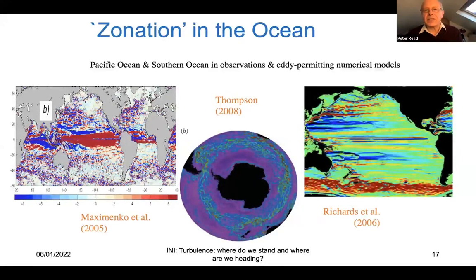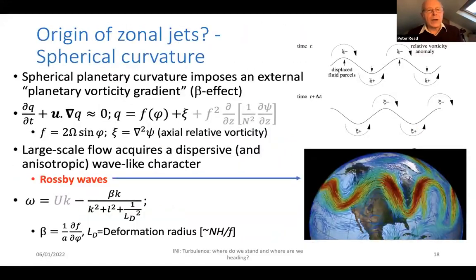And it's the origin of these zonal flows that I think is of considerable interest in terms of understanding sources of anisotropy. So where do these zonal jets come from? And the predominant view now is that this is largely a product of the spherical curvature of a planet. So that imposes an extra, what we call a planetary vorticity gradient. So when we consider the